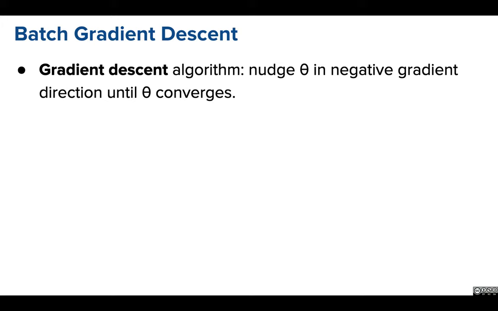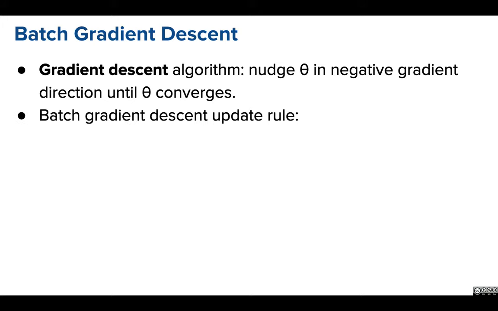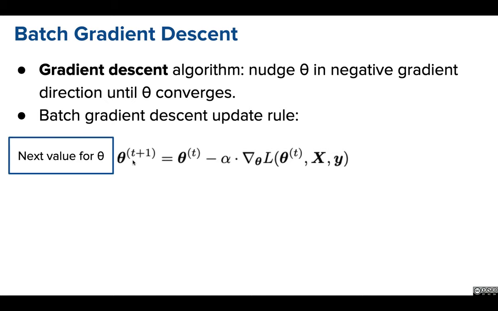So gradient descent. The idea is to nudge theta in a negative gradient direction. And so to write that mathematically, we'll write down this equation here. Okay, so this is simply the idea that I described to you on the previous slide, written down in a mathematical equation. Here's how you read it. We have theta with t plus 1 here. So this is not an exponent. When I write parentheses t plus 1, I'm just referring to theta at the next iteration or next time step